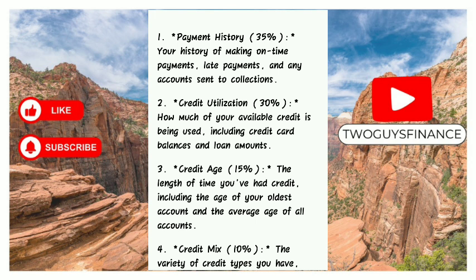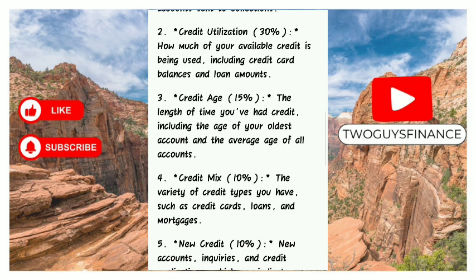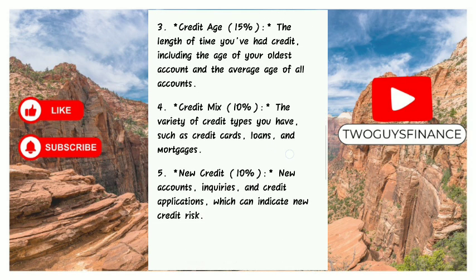Credit age takes up about 15%. That's the length of time that you've had credit, including the age of your oldest account and the average age of all of your accounts. Credit mix takes up about 10%. This is the variety of credit types that you have, such as credit cards, loans, and mortgages. And new credit also takes up about 10%, and that's new accounts, inquiries, and credit applications, which can indicate